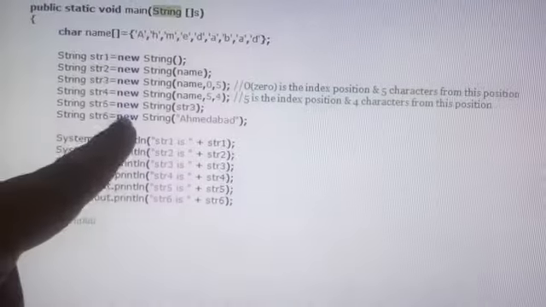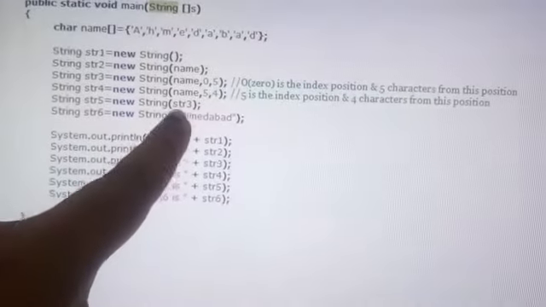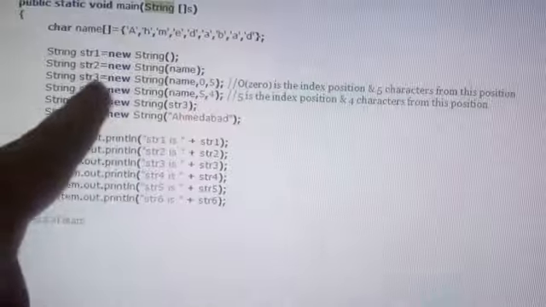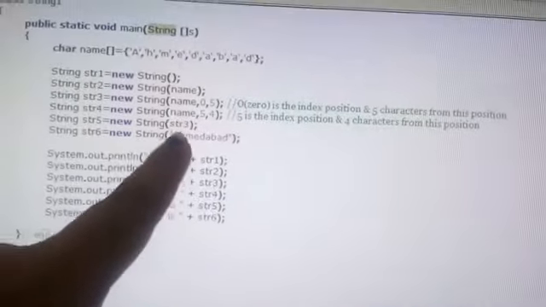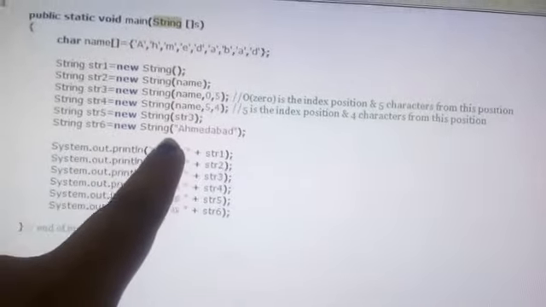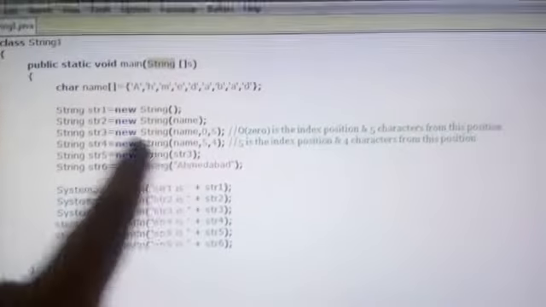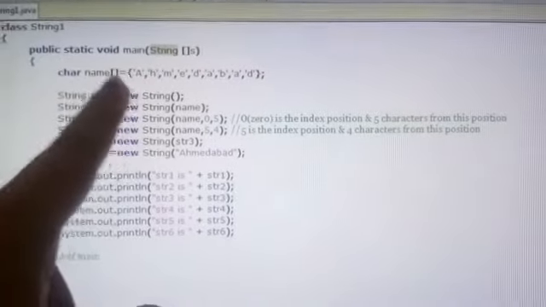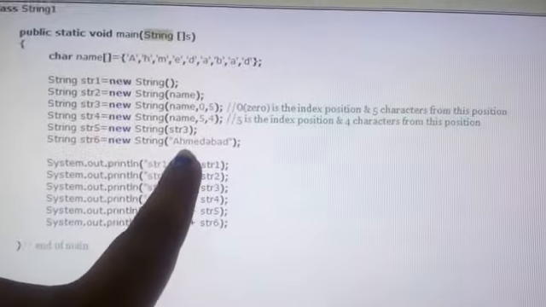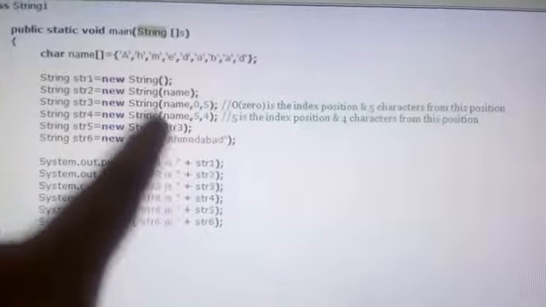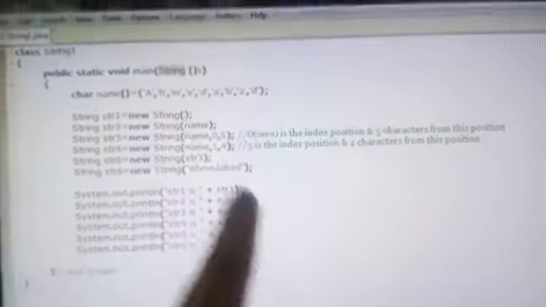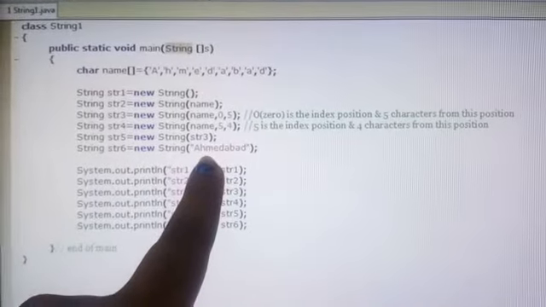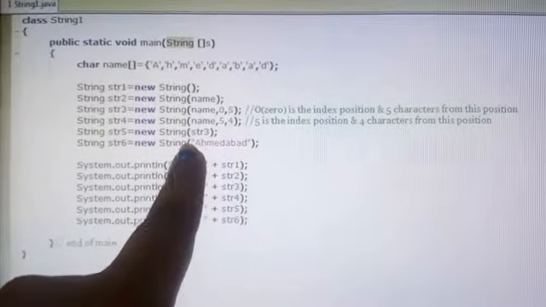Then you see here a new object is created where I am not passing an array, I am passing a string, string3, and in string3 I have AHMED, Ahmed. Okay, and in string6 I can directly pass any string here. See the difference: when it was a single character, it was shown in single quotes. This is a string which has multiple characters, so a string is always written with double quotes.